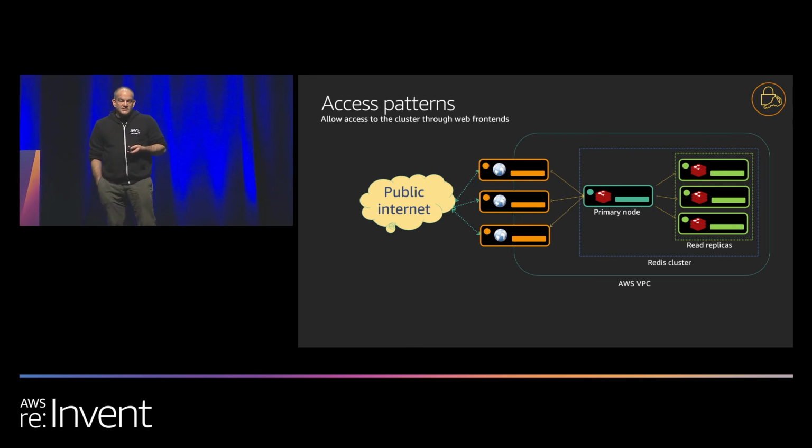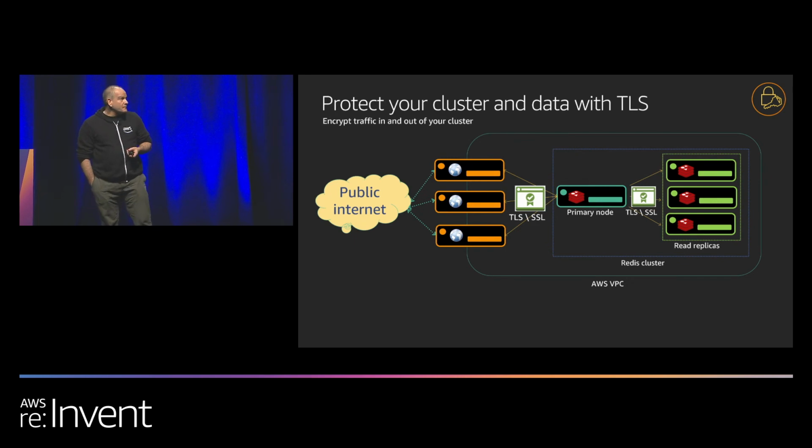The next step is encryption. We support two modes of encryption, encryption at rest and encryption in flight. This is the ability to encrypt traffic between any node that talks to your Redis server, and also the traffic between your master nodes and your replicas is encrypted. This is a very simple setup. When you set up your cluster, you will choose to have it support TLS, and we'll generate a certificate and set it up for you.